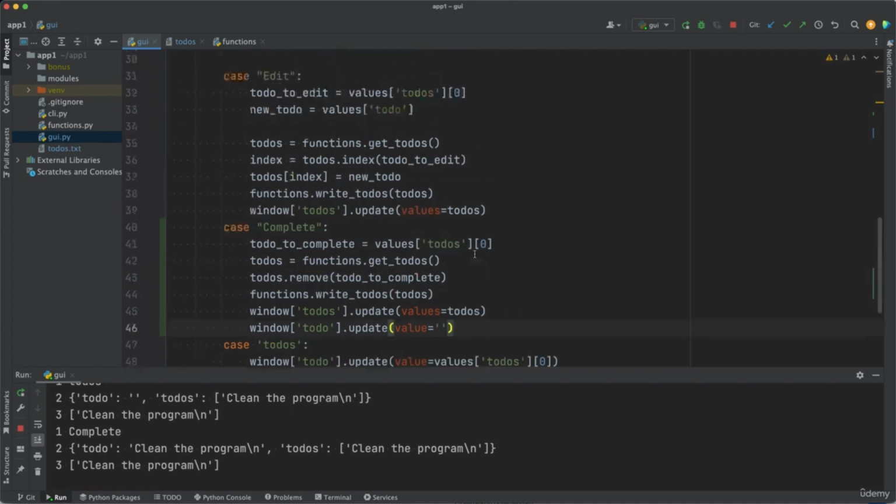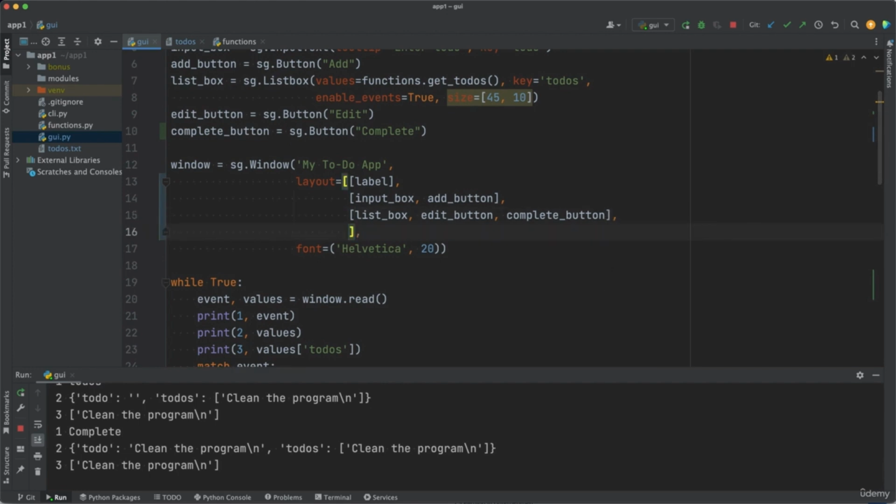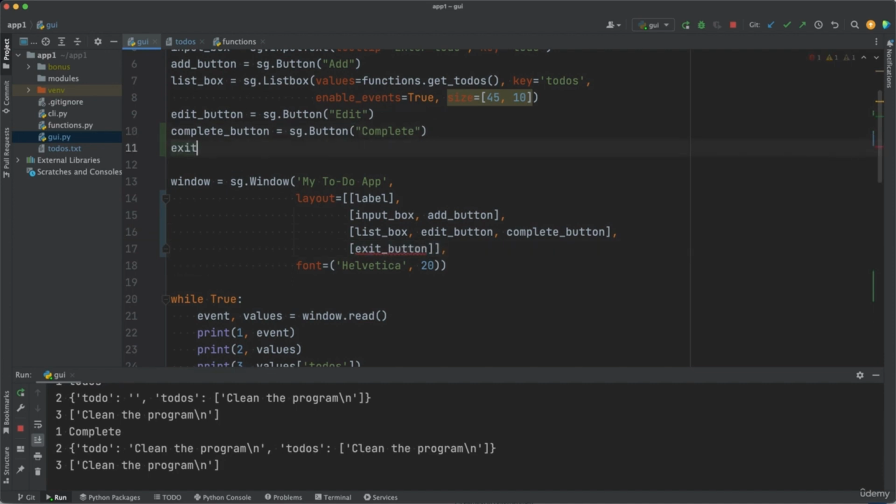Now let's add an exit button as well. I said that exit is going to be in a separate line. Therefore, I'll place a comma here in this row and add a new list in here. So notice the brackets. We have this bracket which closes in here. Those are the main outer brackets. And then we have the rows. That one, that row, and a third row here. This is going to be an exit button, which should be created in here as g.button